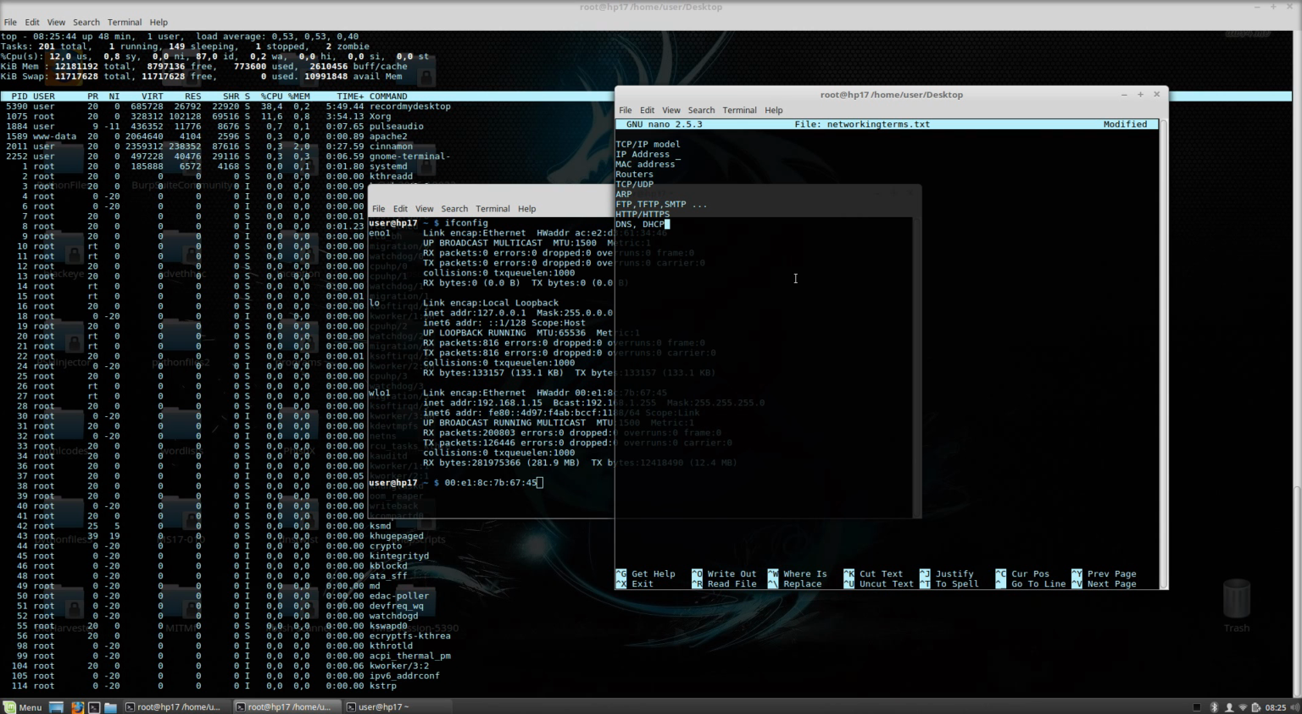The next thing you should know are the TCP and UDP protocols. Those are the most known and the most basic protocols. They are used for communication, basically to establish a connection between one computer and another computer. For example, TCP stands for Transmission Control Protocol,